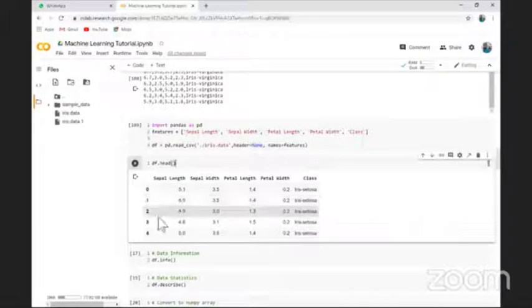So pandas gives us a facility to even use different indexing for these records as well. So instead of using the default 0, 1, 2, 3, 4,